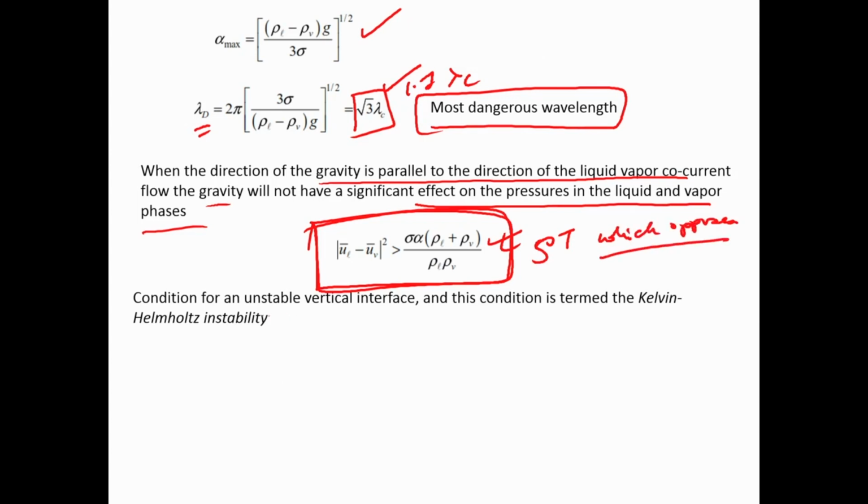Okay. So, a condition for an unstable interface is therefore this particular type of interface which is vertical and gravity is in the direction of the flow, and it is called Kelvin-Helmholtz instability. So, one is a Rayleigh-Taylor instability, this is a Kelvin-Helmholtz instability, both are very similar, it is just the configuration difference, which way the gravity is pointing. That is what leads to these different configurations. So, you get an idea that when you have an interface, it is basically the force balance across the interface, not only just the static force balance,